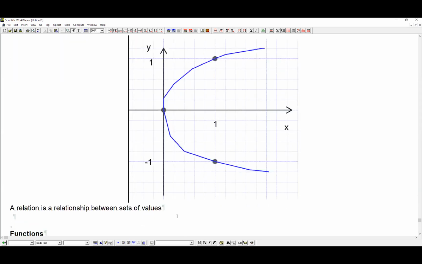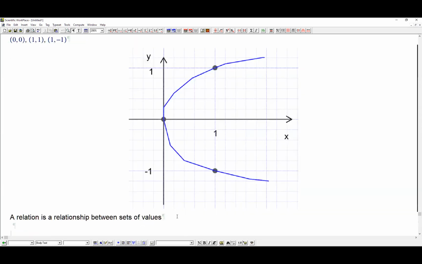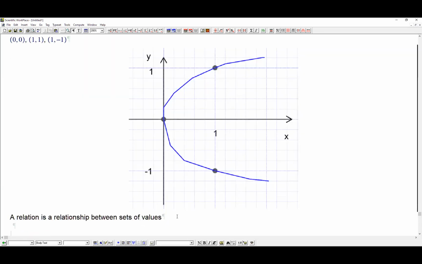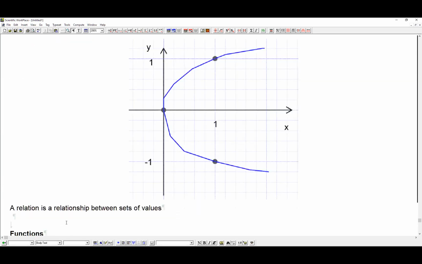By the way, is this a function or not? A function between, yeah. Could we say that y is f of x here? In this case? No. Why? Because each value of x has two y values. Yes, exactly. So here it's not a function, because I can find some value of x for which 2